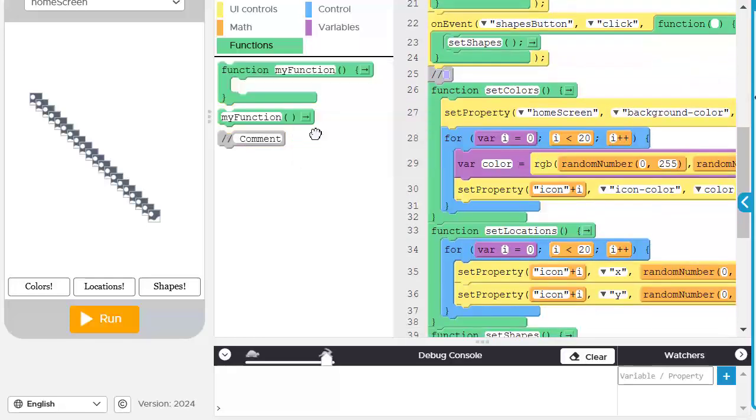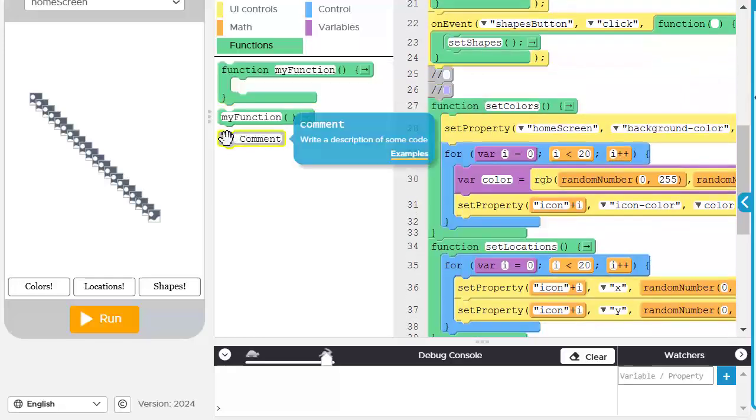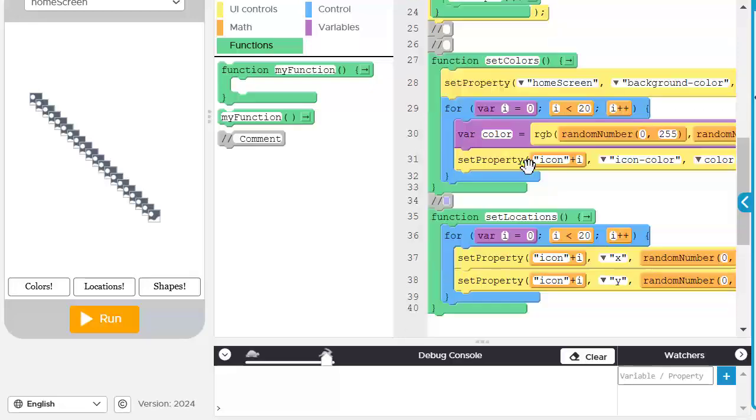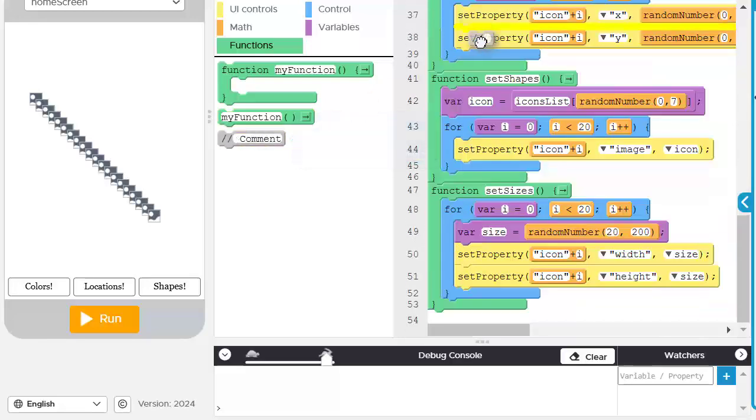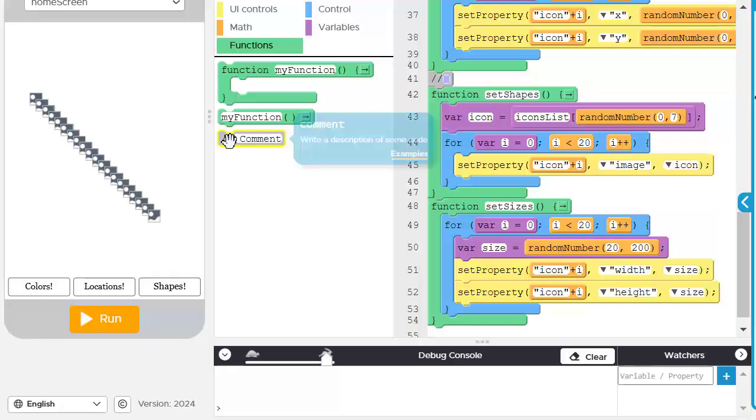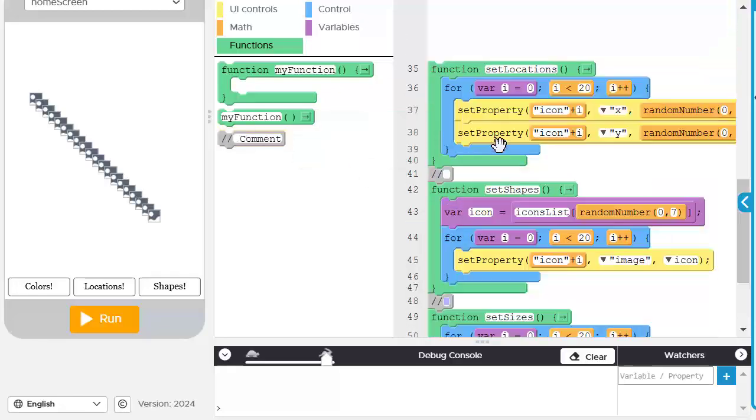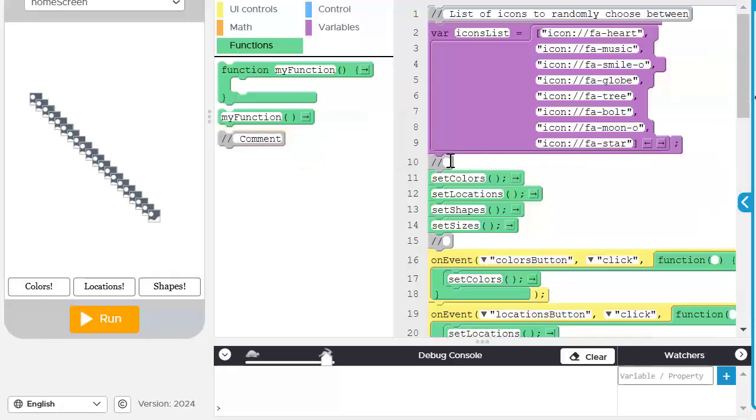And each function is probably going to need a comment. So I'm going to put a comment before each of the 4 functions. And then let's work from the top down. So the first comment, line 10, sets the initial